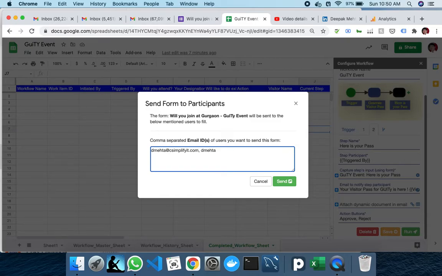So let's say I wish to send it to two people right now. On these two emails I wish to invite them to participate in the event. So I just put their email IDs here and click send.